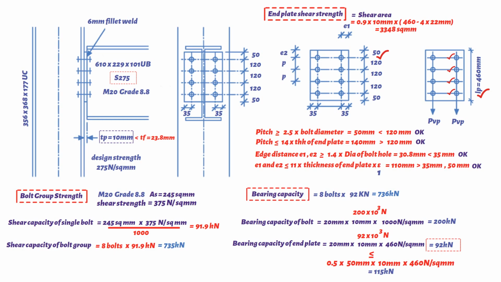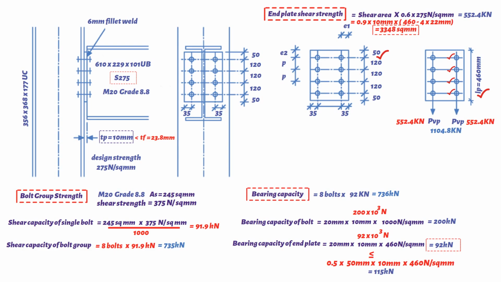Shear capacity assuming single plane of failure is 0.6 times design strength 275 Newton per square millimeters times shear area 3,348 square millimeters. This gives us a value of 552.4 kilonewtons. Shear capacity assuming two failure planes is 2, multiplied by 552.4 kilonewtons, giving us